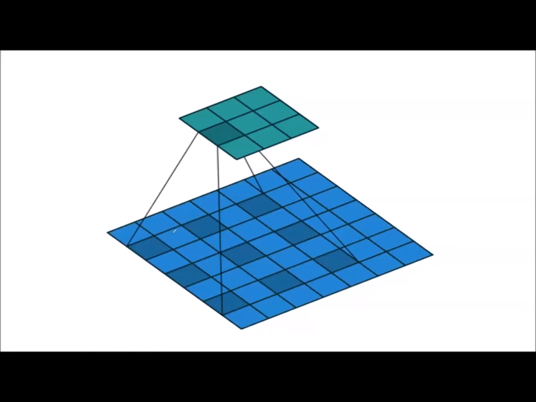Here we have removed every second row. This is the second row, this is the second row, and this is the second row. We have removed every second row and every second column in order to get the image patch of 5x5 size, but we are convolving it with a 3x3 kernel.